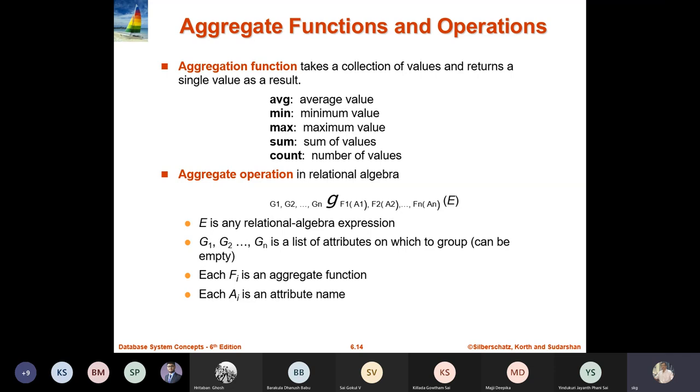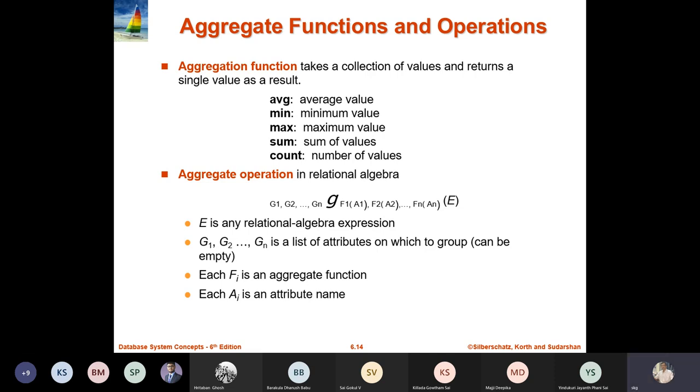Right, so I can say group by department. You want to find out the total salary grouped by department, or courses grouped by department and so on. So E is a relational algebra expression, and G1, G2 up to Gn is a list of attributes on which grouping can be done. It can be empty, so I don't want to group anything. Each Fi is an aggregate function,